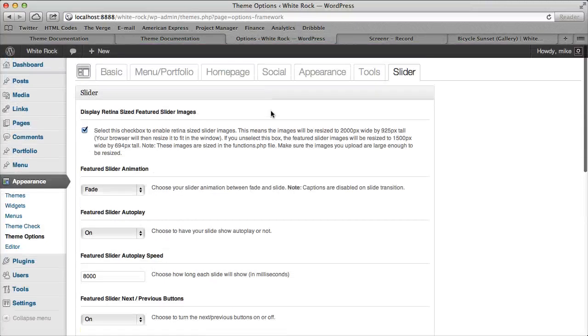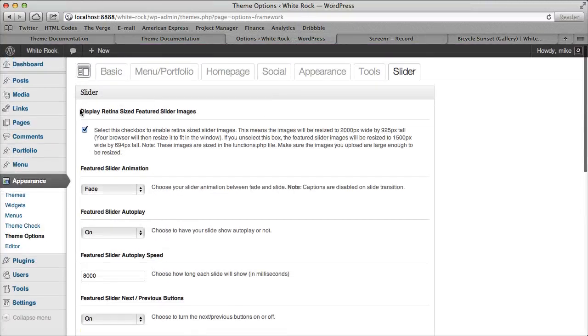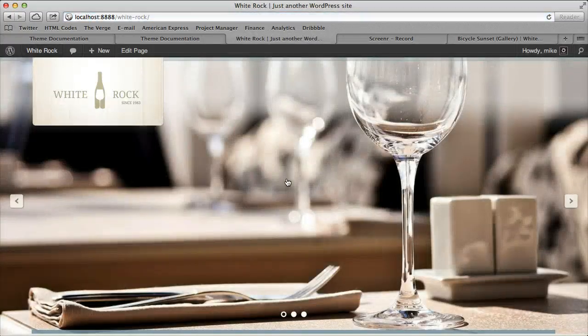And then I'll just go over this one real quick. So this one says display retina featured slider images, and if it doesn't make sense, just leave it alone, don't worry about it. But basically it just means that if it's on and checked, we'll display larger images on the home page. If it's unchecked, there'll be a less high